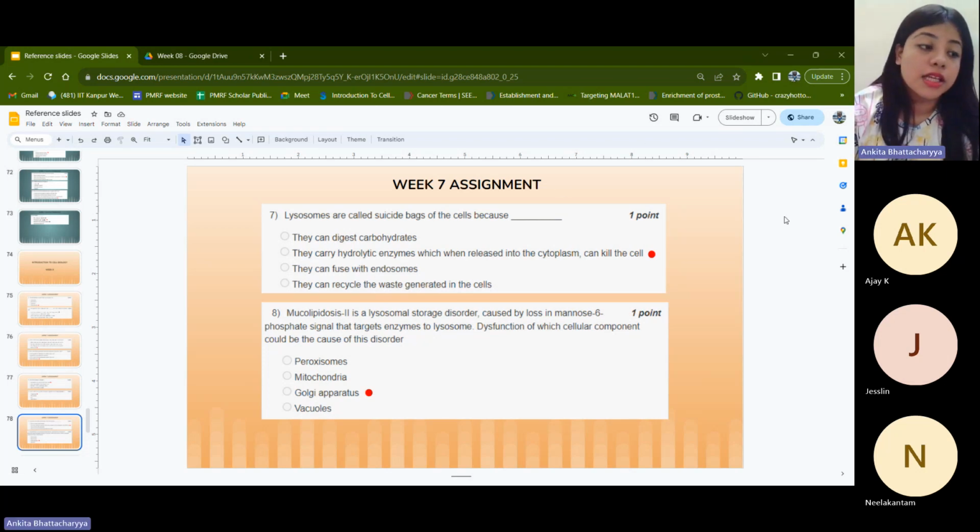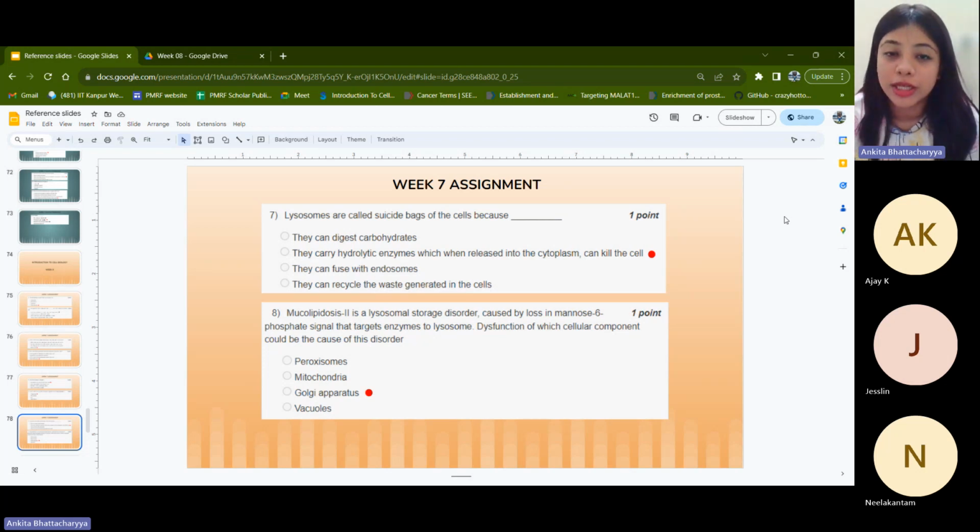which is the only option that the cell has when it is under extreme starvation or some other hindrance has come about, the cell decides to break its own compartments or its own resources in order to survive long term. That is autophagy, which we had introduced, and therefore hydrolytic enzymes can often end up killing the cell when required, when they are released into the cytoplasm. That is why lysosomes are called suicide bags, because they are killing what they themselves are a part of. So that is option B.